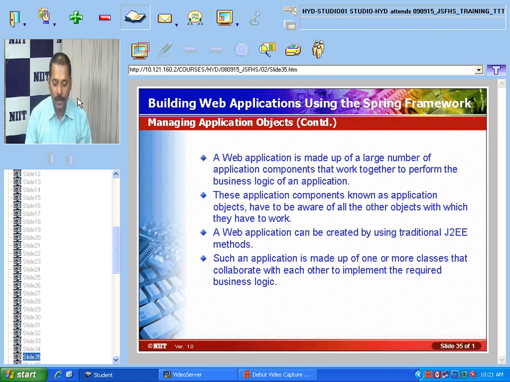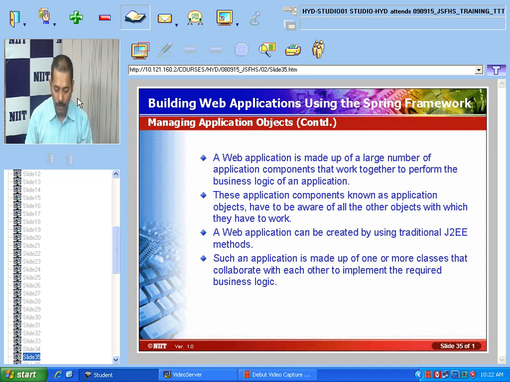So if I have a product class, an order class, and maybe a customer class, these are the different classes which will be there.